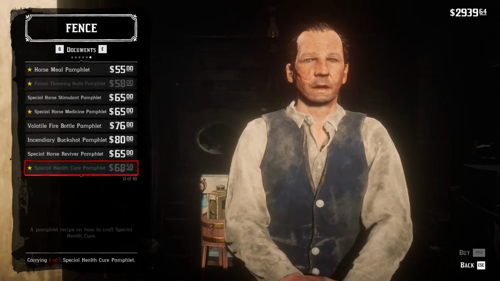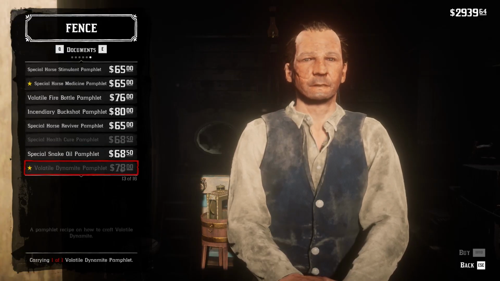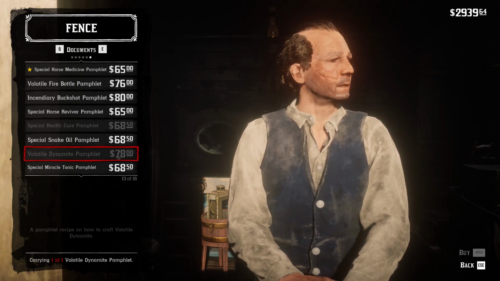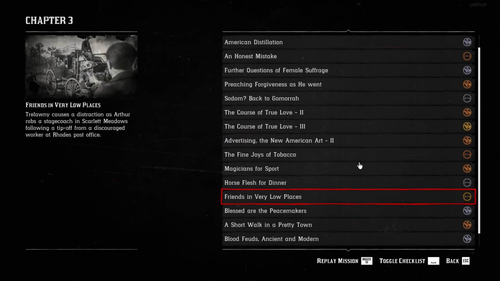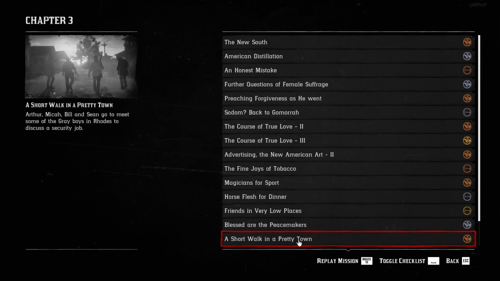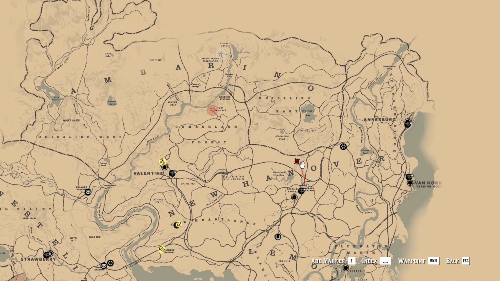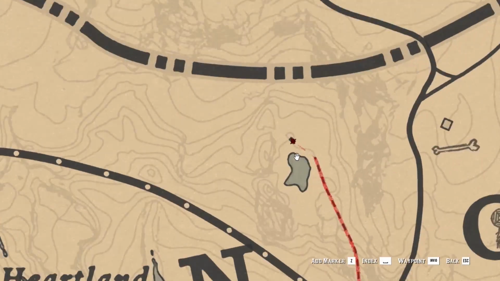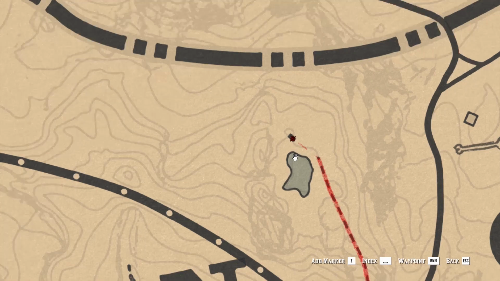But for this one you need to get the recipe that you can buy from any fence vendor for $78 after you complete the chapter 3 quest, A Short Walk in a Pretty Town. Alternatively, if you want it for free and early, you have to get to the Honey's Better house, located